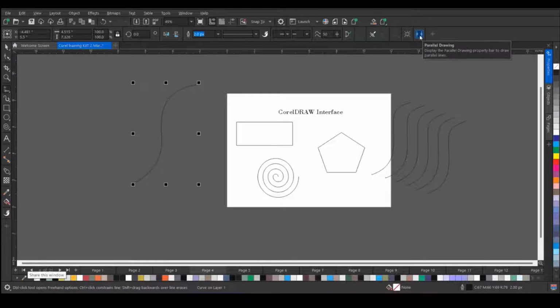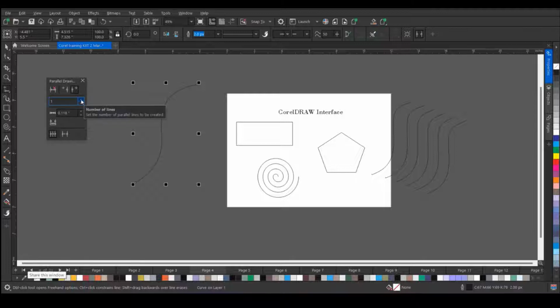There is an option called parallel drawing. When you click over here, you will find a small dialog box, something like this. Now you have to define how many lines you want. You can define that, and now you can define where you want the line, on the left part or on the right part of it. And now when I define, let's say I want on the right side,